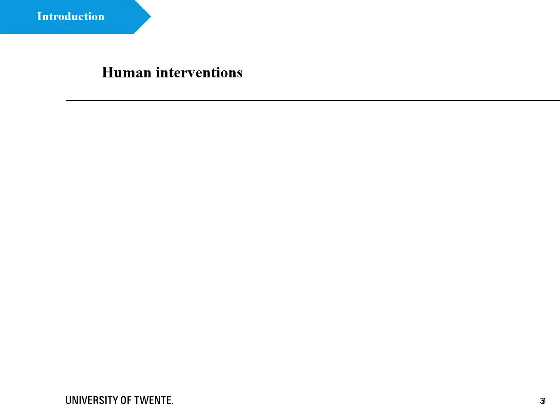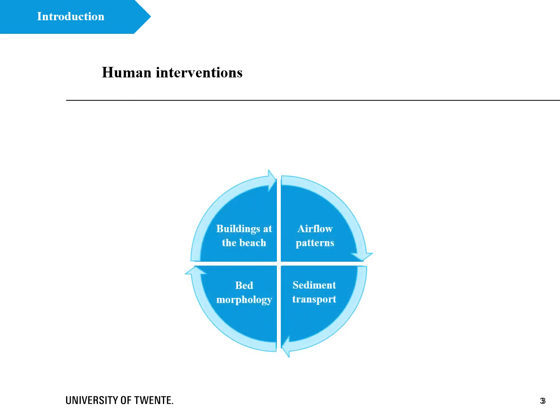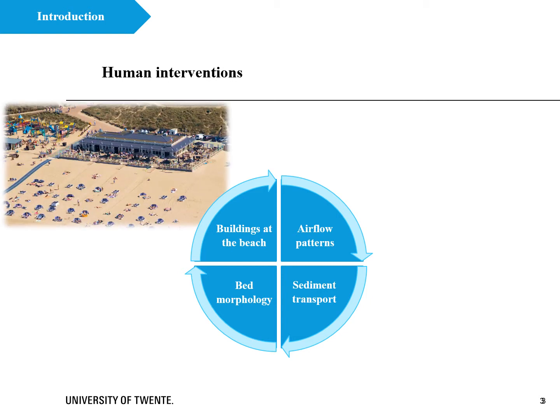Let's begin with the introduction. The question is, what are the human interventions at the beach-dune interface? To answer this question, let me show you the morphological loop and the interactions between separate components. You know that coastal zones are always attractive for humans. This highly increasing human population in coastal zones increases the demands for constructing restaurants, beach houses, and pavilions at the